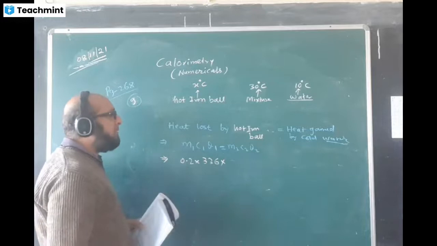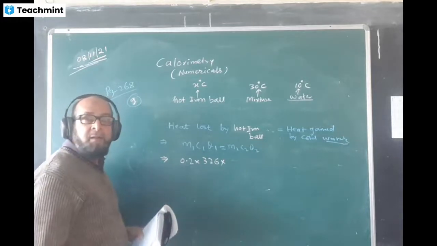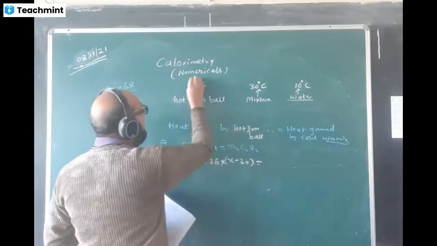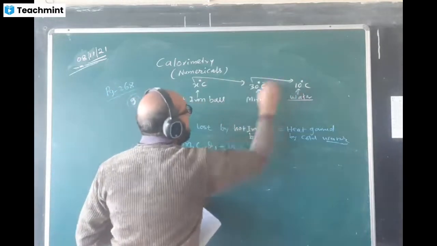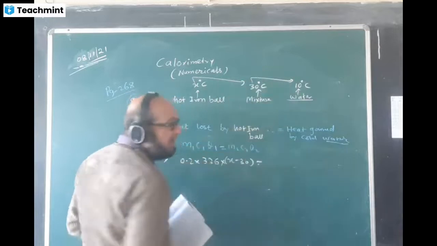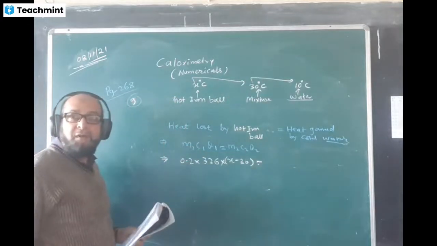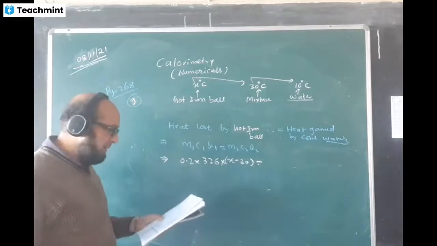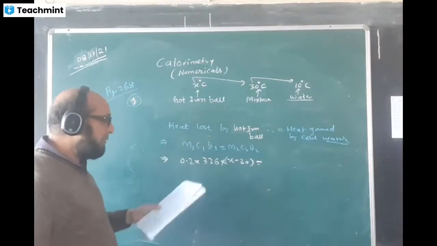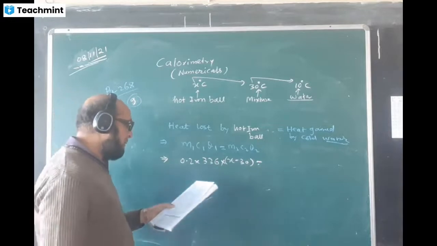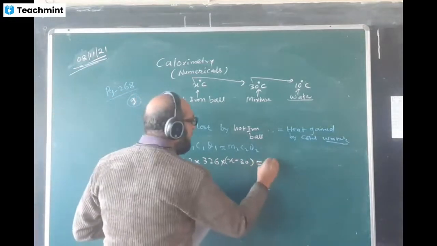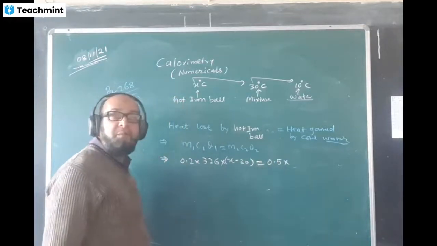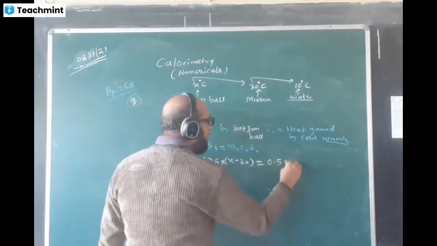Theta 1, can you tell me what is the value of theta 1? x minus 30. Very good. On this side you do this minus this, and on the other side also this minus this. That's why I put the arrows like this. Heat flow takes place from a body of higher temperature to a body of lower temperature. Other side, what is the mass of the cold water? 0.5. What is the SHC given? 4.2 times 10 to the power of 3, which is the same as 4200.